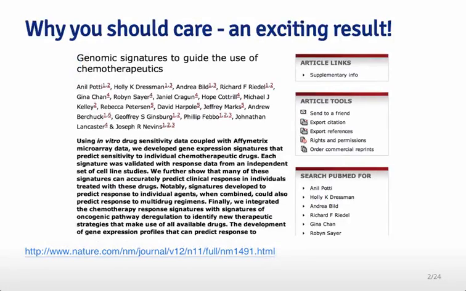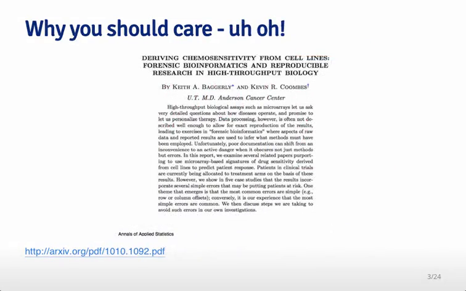I'm going to use an example to illustrate why you should. This is an example that actually comes from my area of research. This is an area where they use genomic information, so information about your genome, to predict what kind of chemotherapy you might respond to best. This is an incredibly exciting result because it would open the door for all sorts of personalized medicine within cancer therapeutics. Unfortunately, they actually performed a very flawed study design and a very flawed statistical analysis, which was pointed out